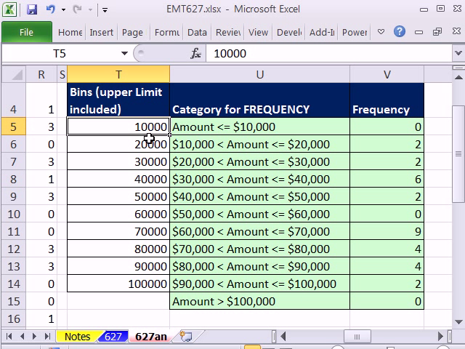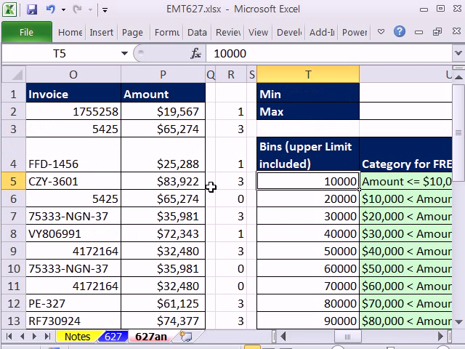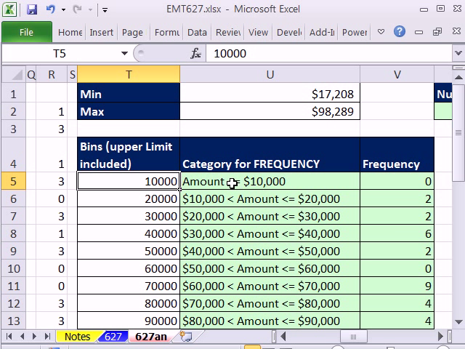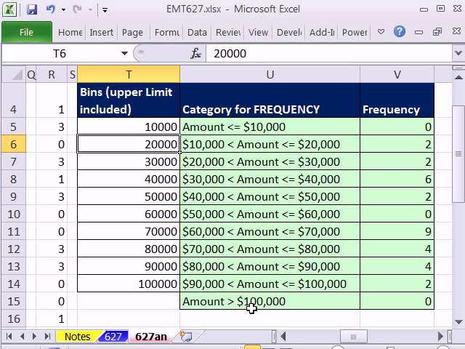Very important. If you give it an upper limit of 10,000 as your first bin, when it goes over to this column here and counts the amounts that are less than or equal to 10,000, that's the first bin, and it's different than the rest. Here we get a count of 0. If you give it the second bin of 20,000, that means there's an increment of 10,000 between these. This line right here, the FREQUENCY function in that cell right there, will count between this one greater than this one, so an amount greater than the bin from before, but less than or equal to the current upper limit bin. So it does that all the way down, and when it gets to the end,